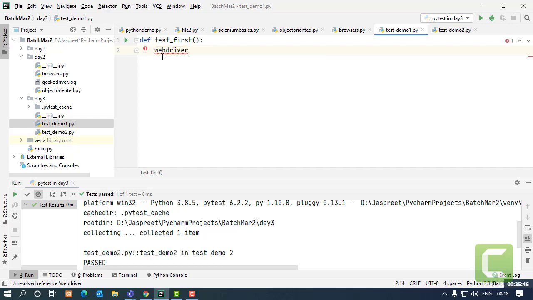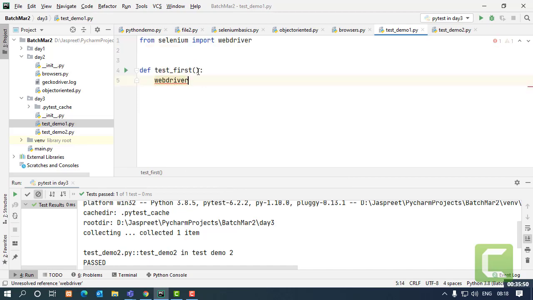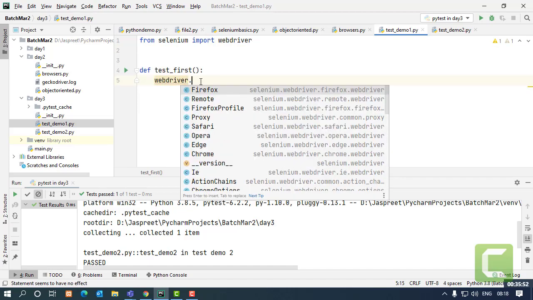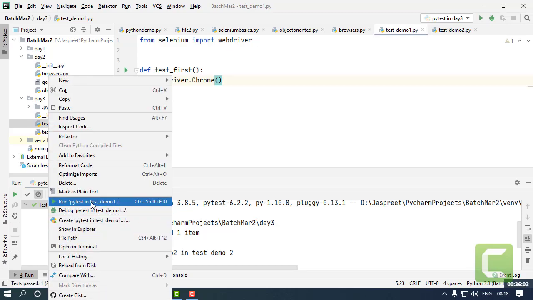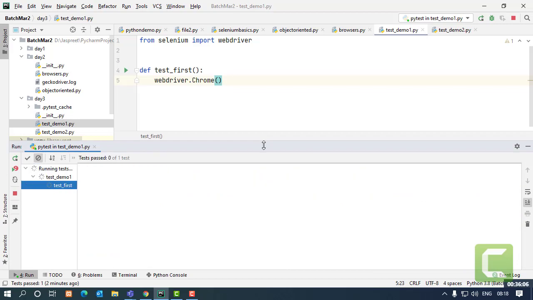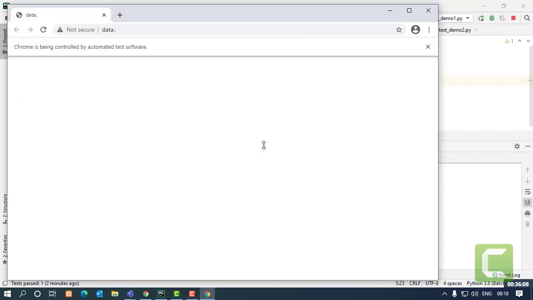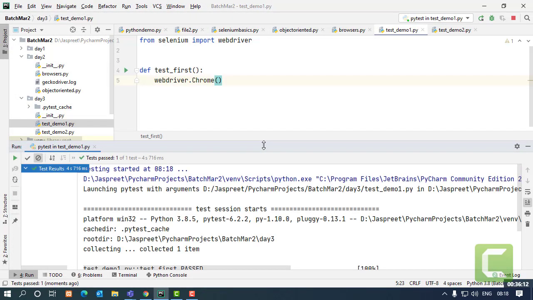I have to import it, so I'll just go on WebDriver dot Chrome. That's it, right? Now I just need to run this test case. So it will open up a blank Chrome browser for me this way, and will give me the information that whether the test case failed or passed.